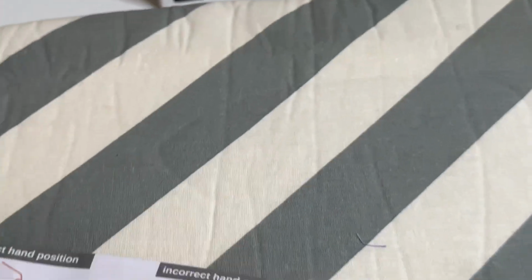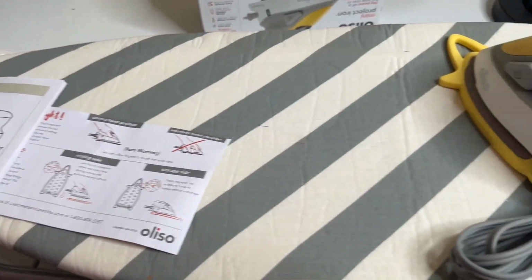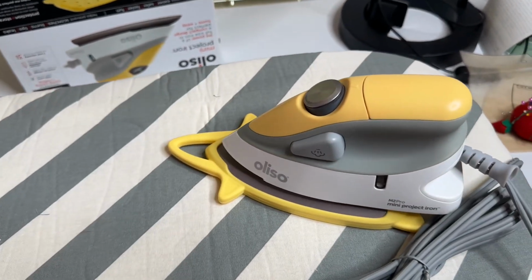And I also purchased the tabletop ironing board with it. So there you have it. The Oliso